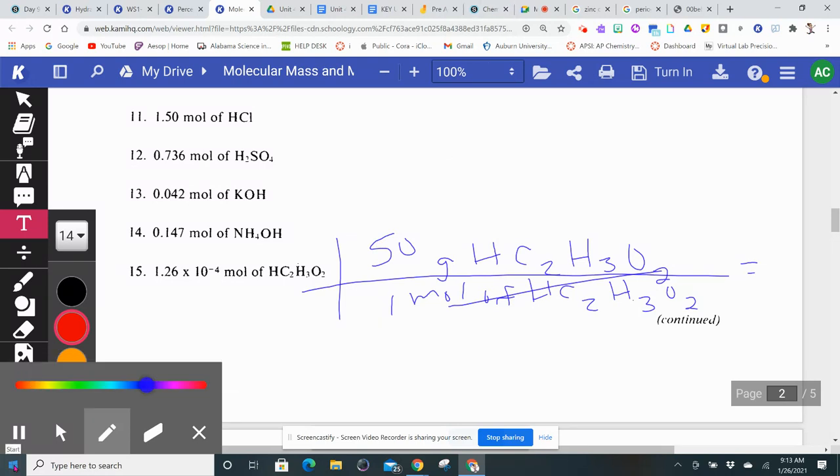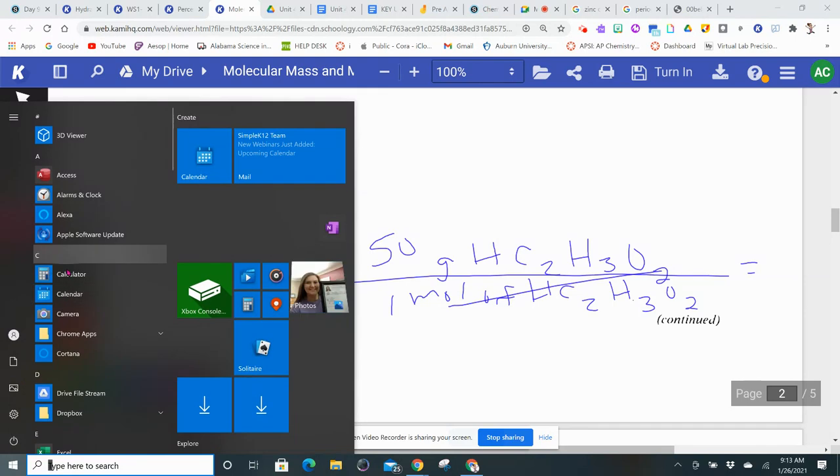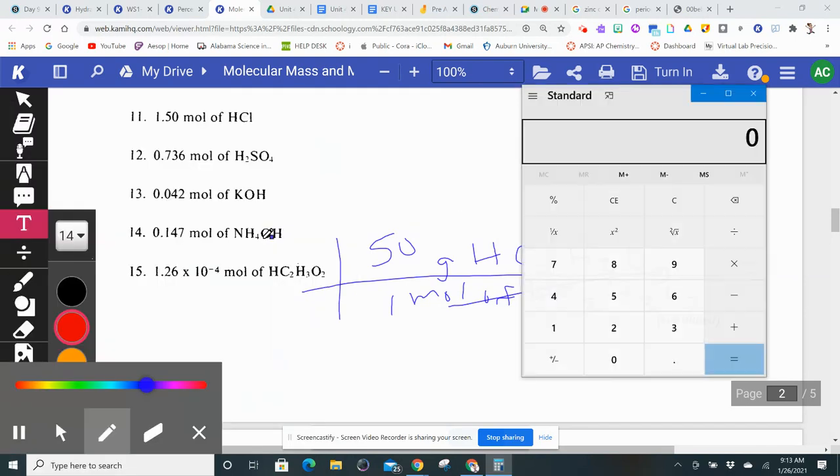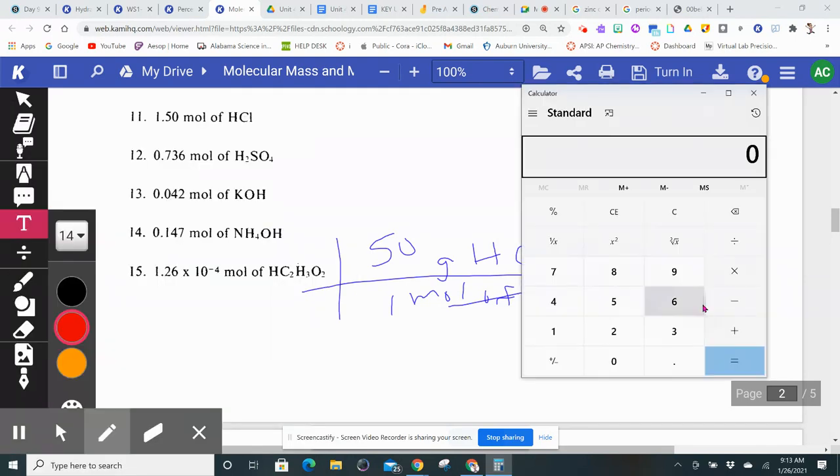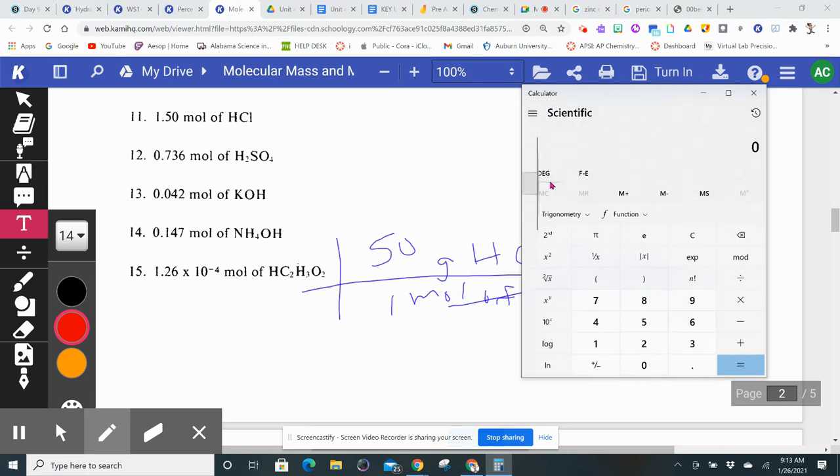All right, so now is where I have to put in my scientific notation. So I'm going to get my calculator, and I need a scientific calculator. So here we go. So in your calculator, you want to look for the key that says EXP. It could also be capital E. Okay? So you're going to put in